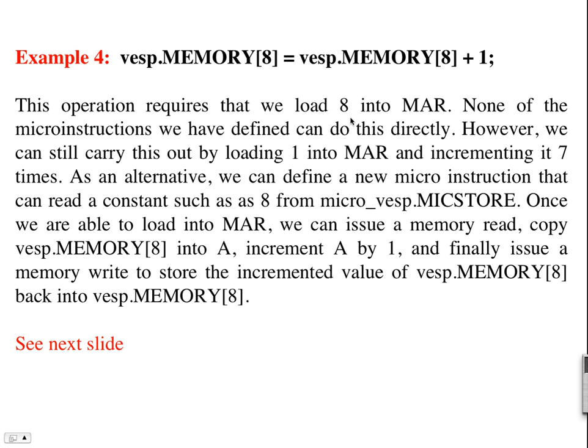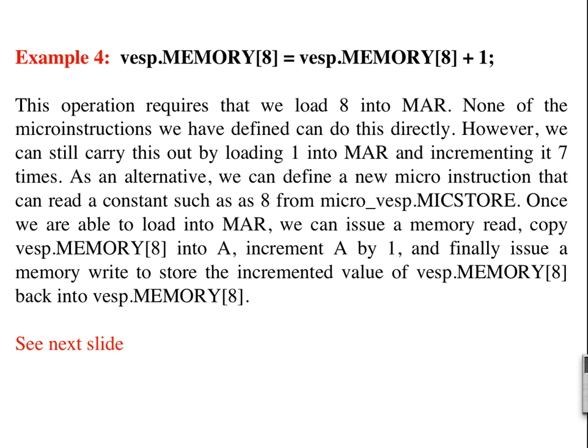So one way would be to take that 1 on the A bus or the B bus side and simply increment, put it into one of the registers, okay? And in this case, we could put it into the MAR register, if you like, and then increment it 7 times. Now, I assume that MAR is on the A bus. If not, we can copy it into one of the registers like A or whatever bus we have on the left-hand side, and then increment it 7 times, and then copy that into MAR. But we can, so effectively we can do it,